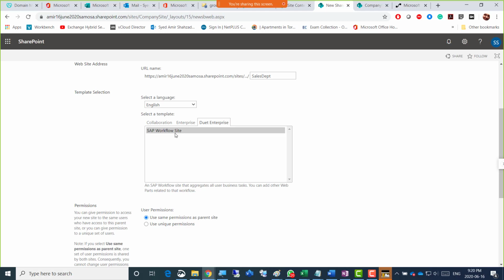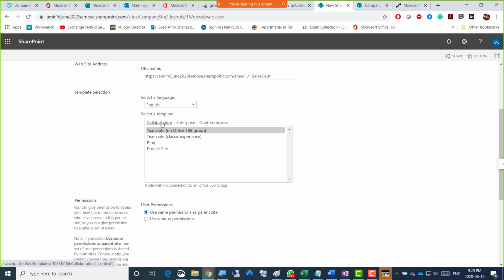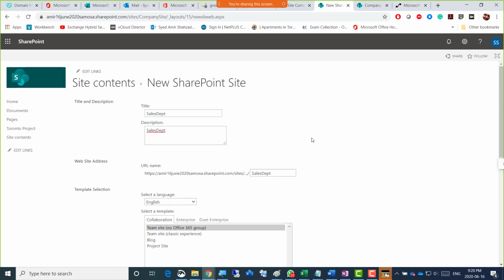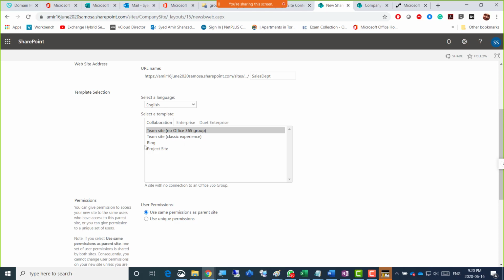So SAP software normally, SAP HANA is a software there, and you would have a website that would require a connector to some SAP application online in the cloud that you need to connect to, and you should have a license and usernames for that. But the main thing is that the subsites are just having a specific purpose for either a department, a branch, or any team. But you can then check how you want to create that.